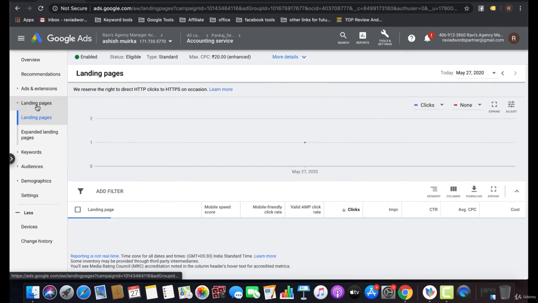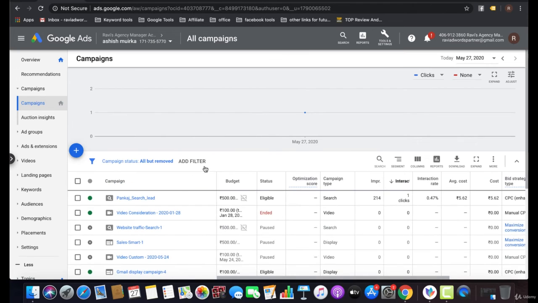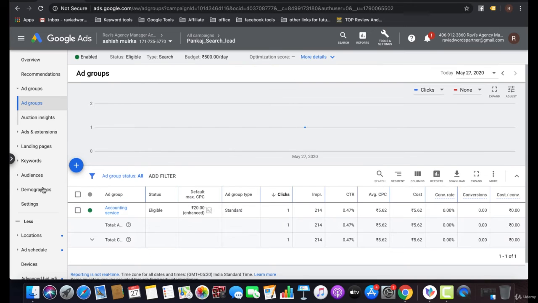Here in landing pages, it shows mobile friendly click rate, AMP click rate, and mobile speed score. So it shows all the landing pages of your campaign. You can also optimize your campaign at the location level as well. I'm going to share how.